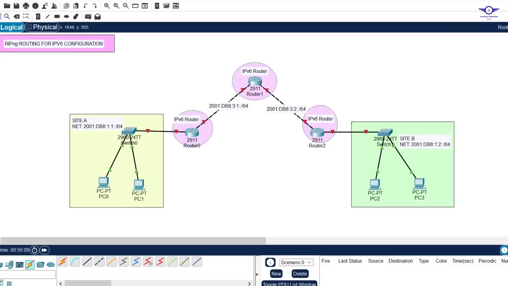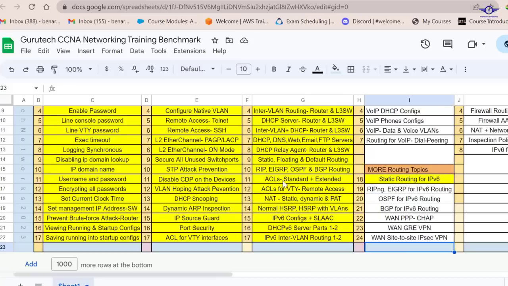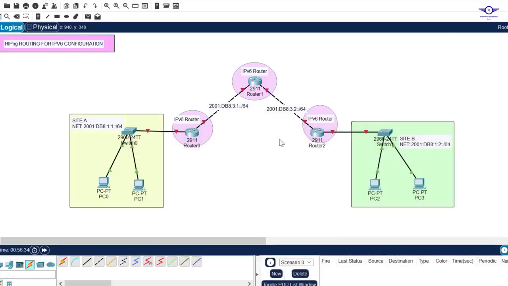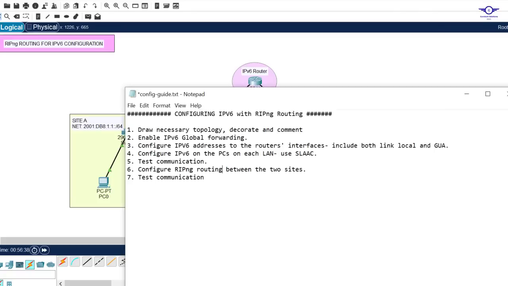So in this video, we're going to configure RIP next generation routing for IPv6. Okay, so we're going to do RIPng, next generation, for IPv6, right? I'm just going to let you know that today we are in number 19, routing protocols, part 1, RIPng next generation. So without any further ado, I'll open our notepad to show the steps you're going to follow